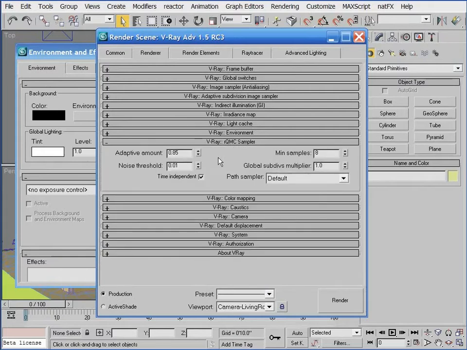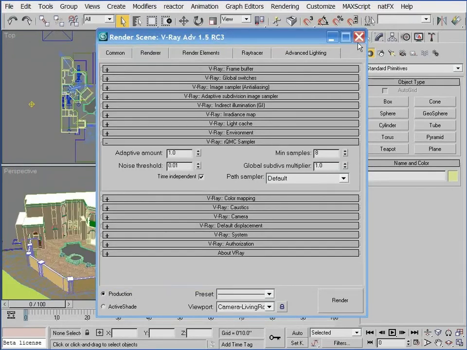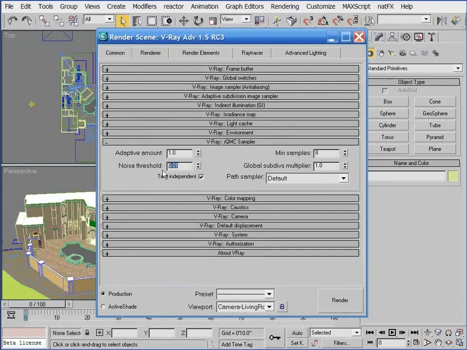Next, I'll go to the QMC sampler rollout, and since I'm not going to be using HDRIs in this scene, I'm going to set the adaptive amount to 1.0. Increasing this value can speed up the rendering a lot, and even though it can also increase the likelihood of splotches, especially when I use things like HDRIs, I'll try to combat them in other ways first if they do appear. The noise threshold value can be left at 0.01,